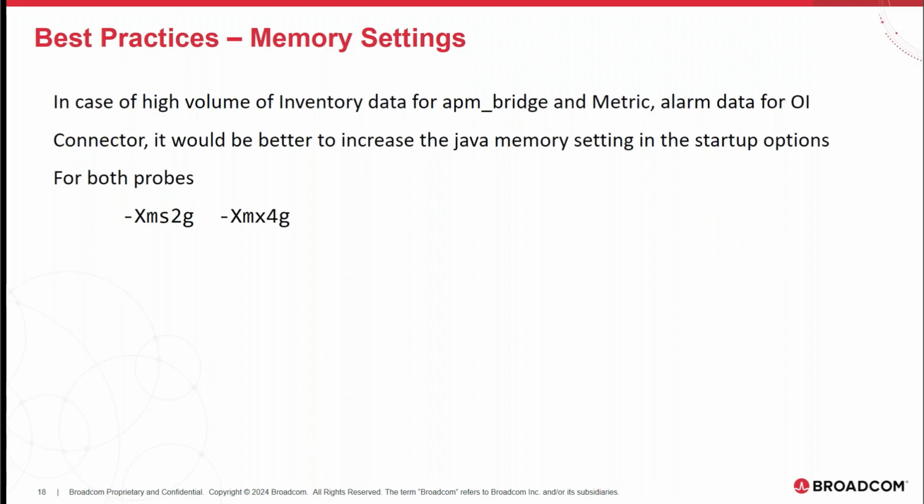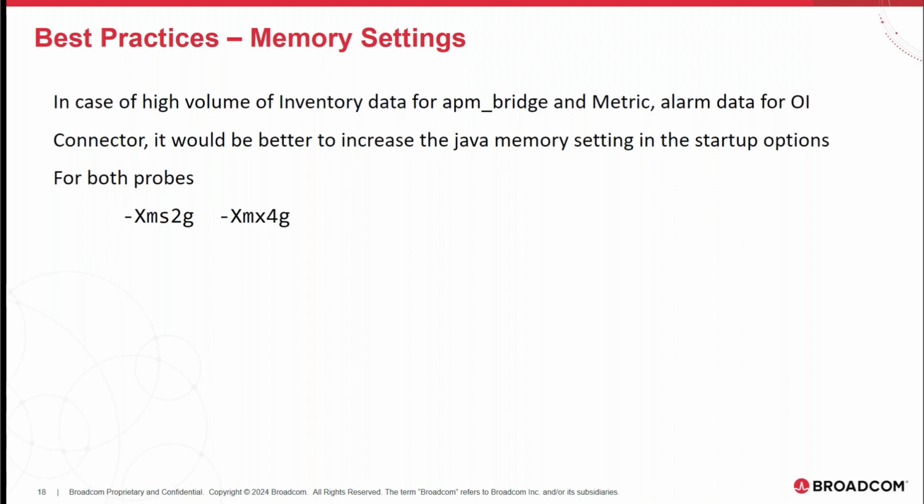So per machine, on average, there are 6 to 10 inventory items which we are discovering. If there are 100 machines, it is 100 into 10. As this count increases, we see a lot of data